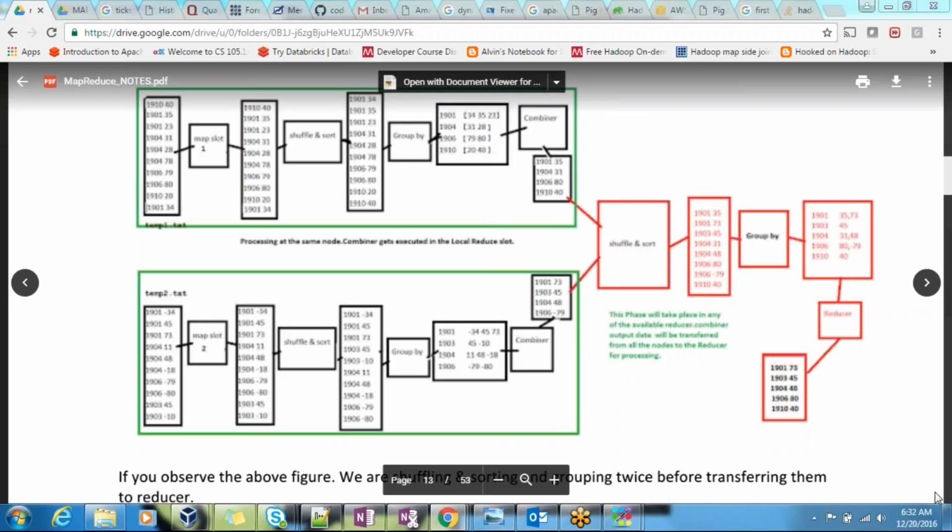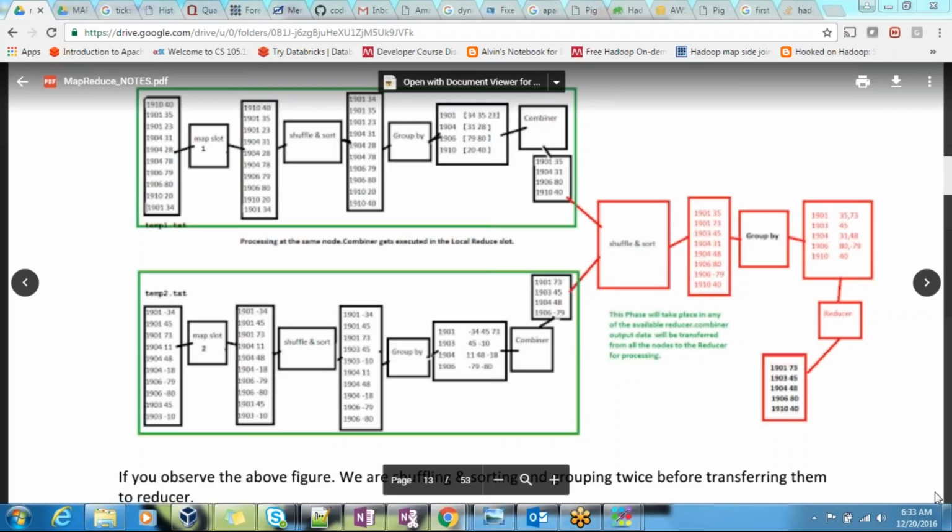So what we need to understand here is that your combiner does not have its own parent class, like how we have a mapper and a reducer. We do not have a combiner as a parent. There is no default combiner. So how will your combiner code be written? Combiner has to extend reducer as a parent, and it has to override the reduce method.